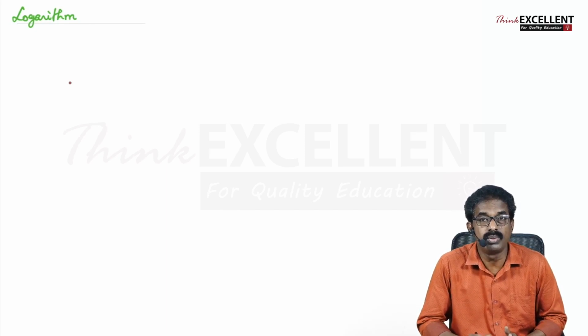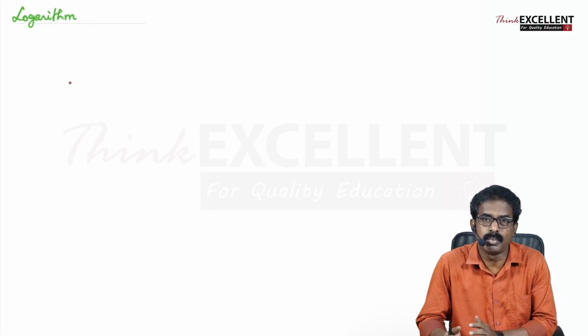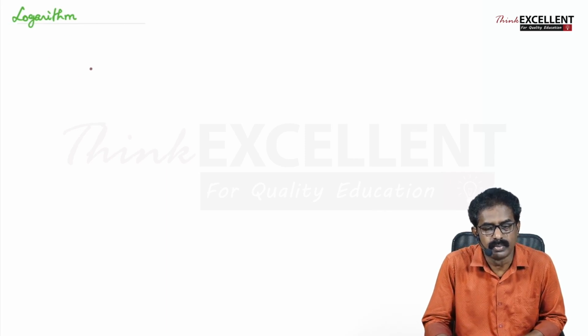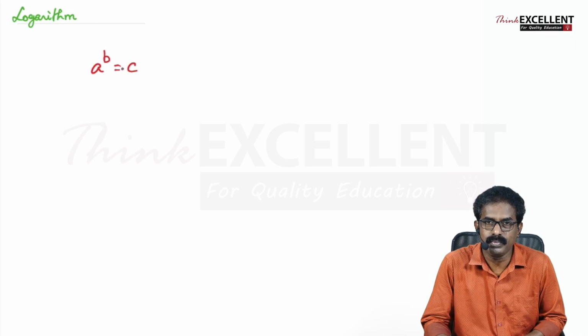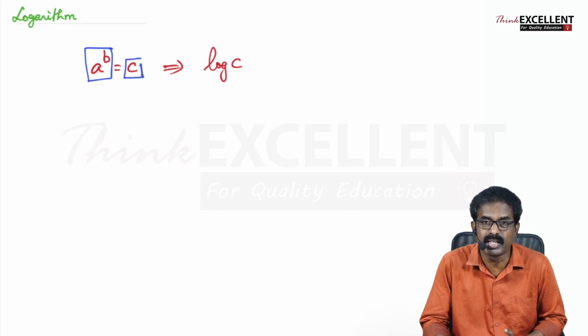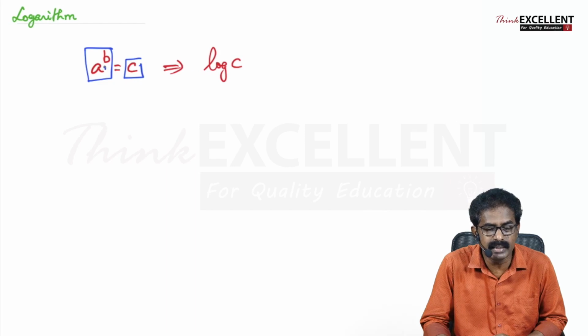First, you must know how to convert exponential form into logarithmic form and logarithmic form into exponential form. Just listen here. Suppose you have an algebraic expression a raised to b equal to c. How can you write it in logarithmic form? Log c, the number which comes separately, this c, is as an exponent, right? So here as an answer, the number c. So for that you take log c to the base a, where a is the base,